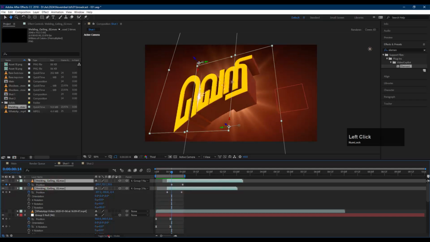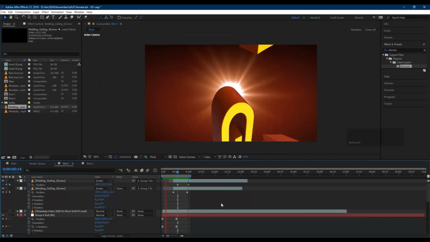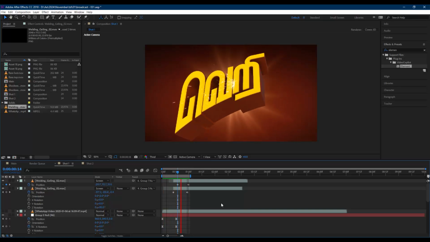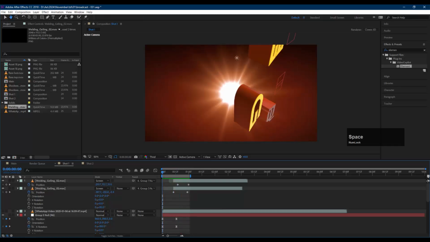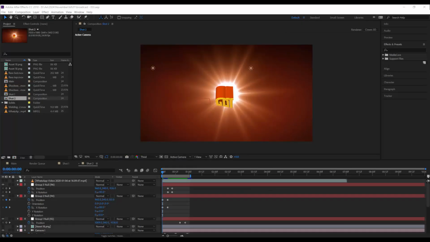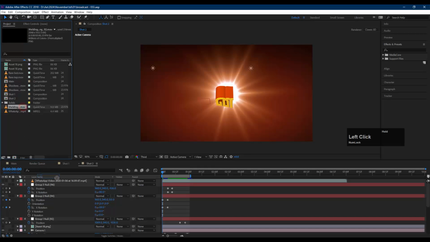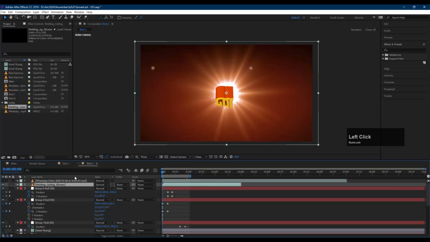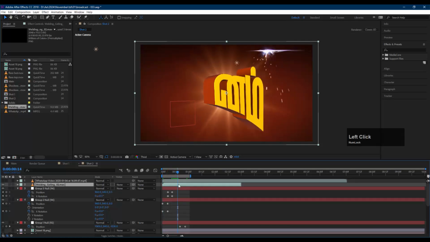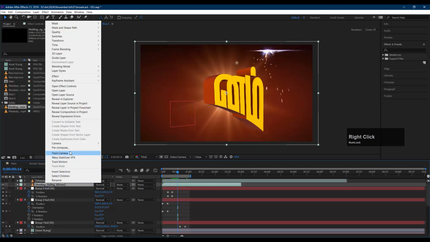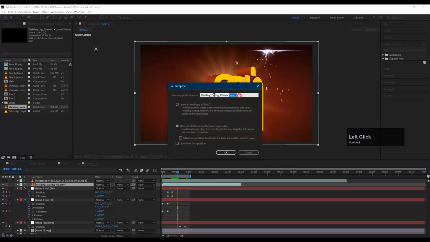Let's change this blending mode to screen. I think it is working. Let's save this document. For this one, let's do this differently. Let's bring this footage here, and then let's pre-compose this. Let's call it